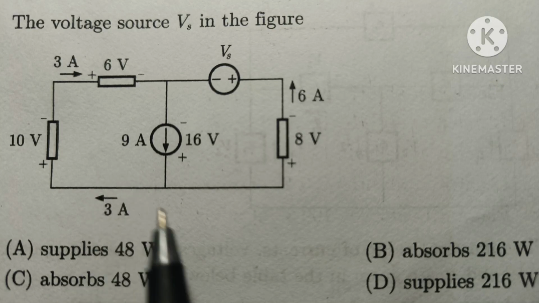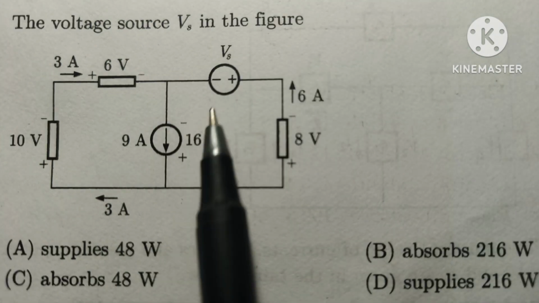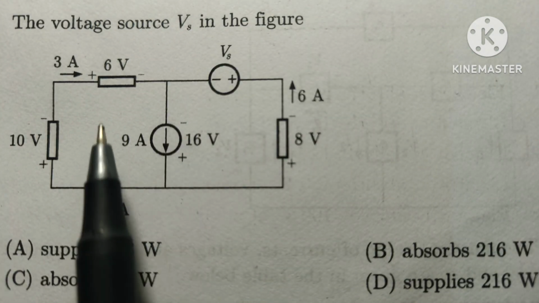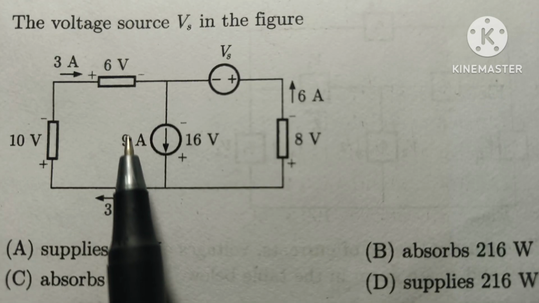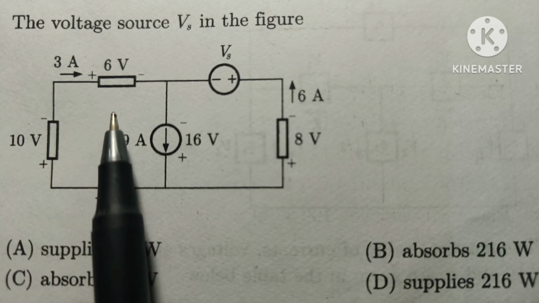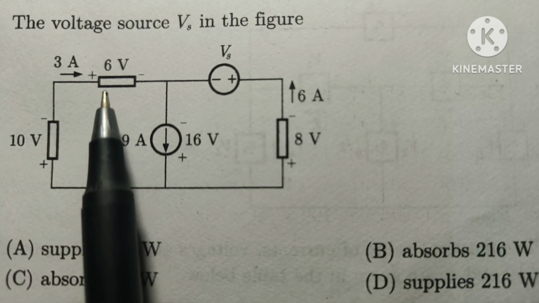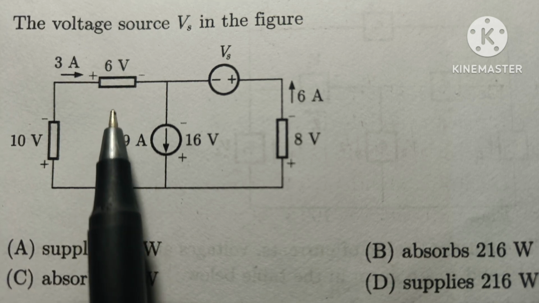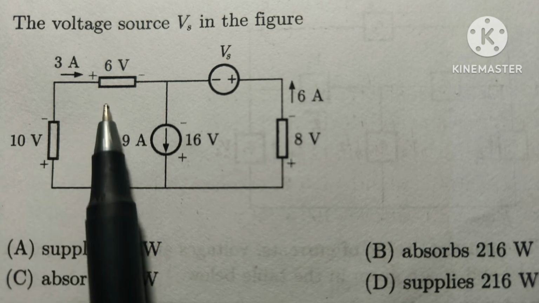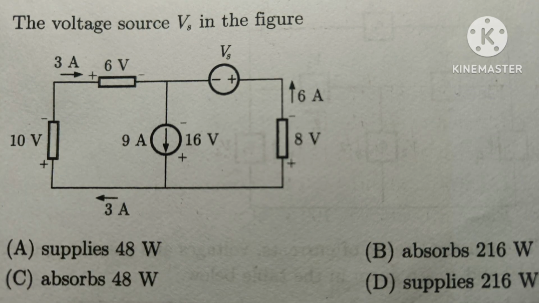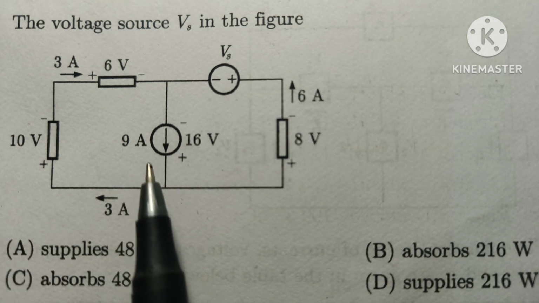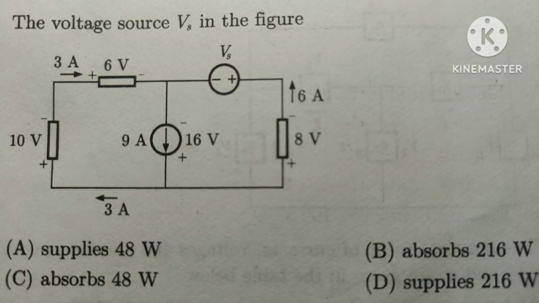In this question, it is asked to find out the voltage source Vs value. In this question we can see that there is no information about the elements, as this is the voltage across this element. So what is the type of this element, what is the nature of this element, whether it is resistance, capacitance, or inductor? There is no information about it, so it is very difficult to find the voltage source Vs by the KVL or KCL method.